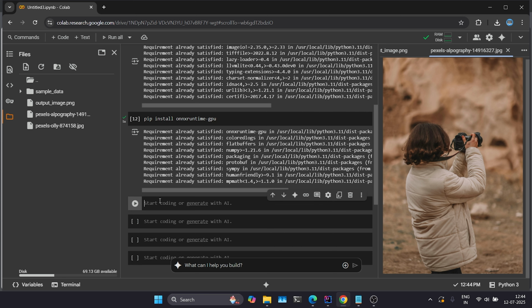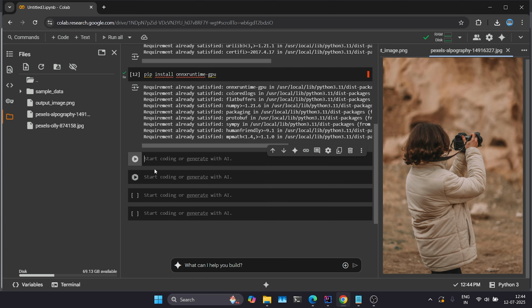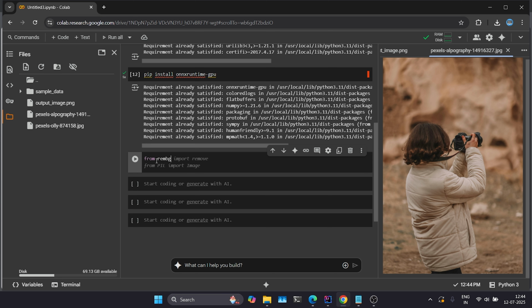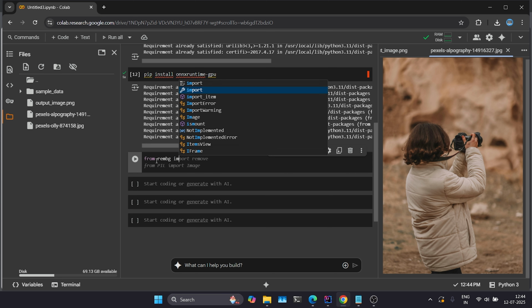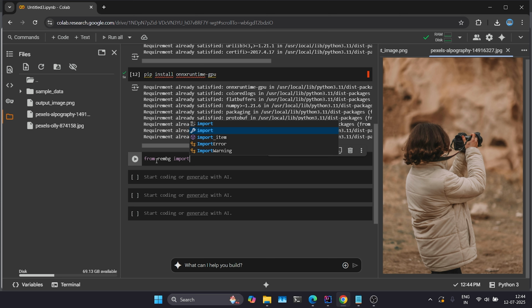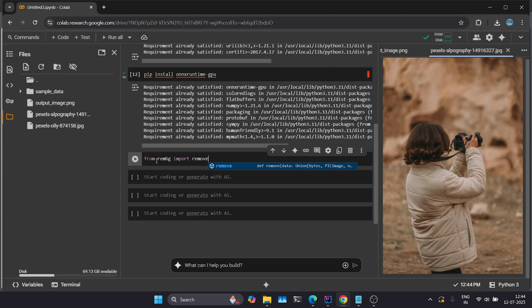Then once we install all the libraries, we'll import the methods which we want from these libraries. So from rembg, we will need the remove function. Here you can see it is giving me automatic suggestions. So this particular method we will need from rembg,